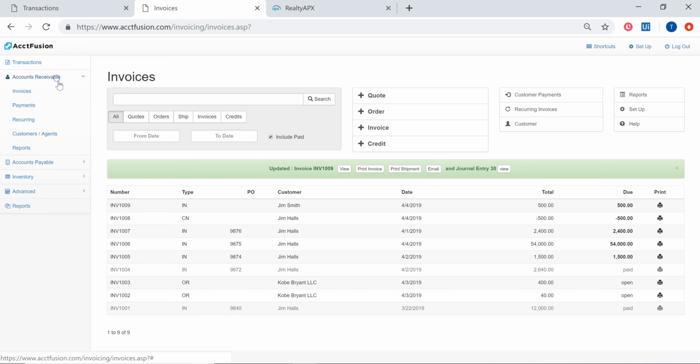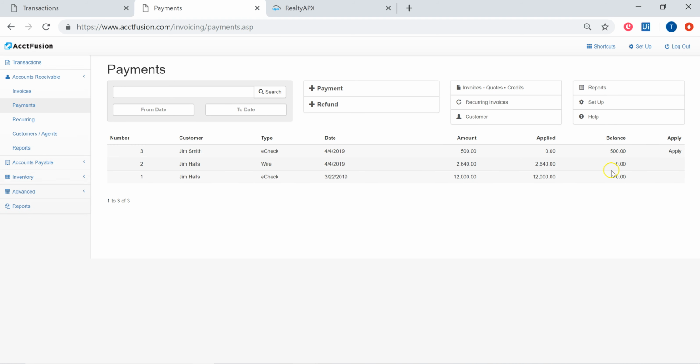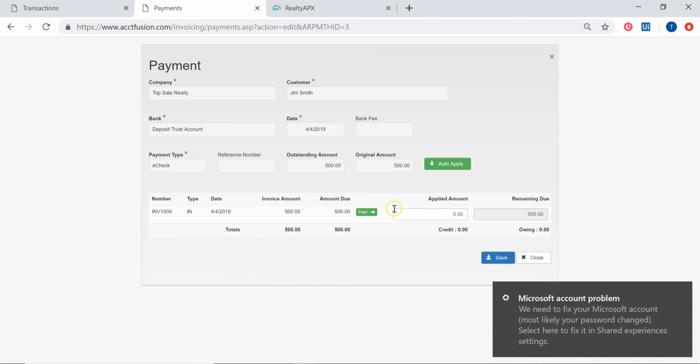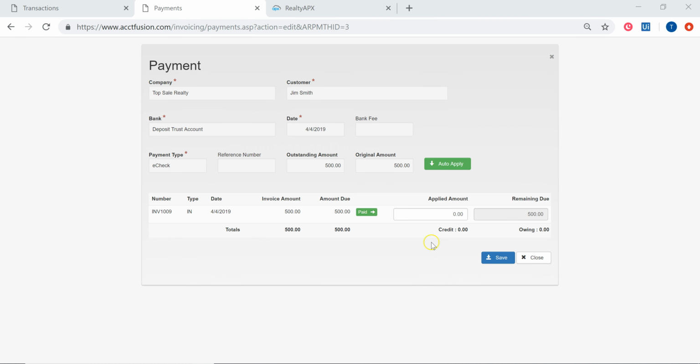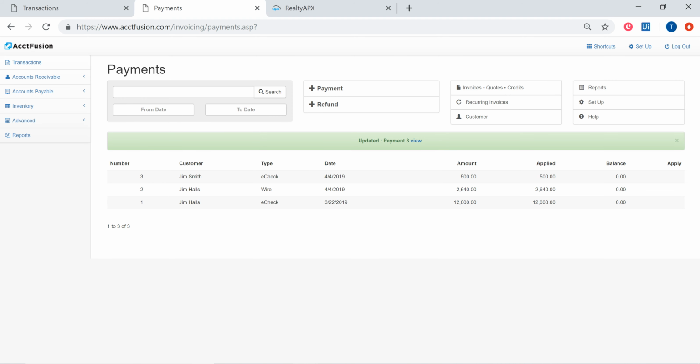Alright, so now we'll want to make sure to apply that payment that we still have. So here's Jim Smith. We're going to hit Apply. And now we have that invoice that popped in of $500. So now we can apply that and click Paid, and then click Save. So now everything related to that $500 is good to go,